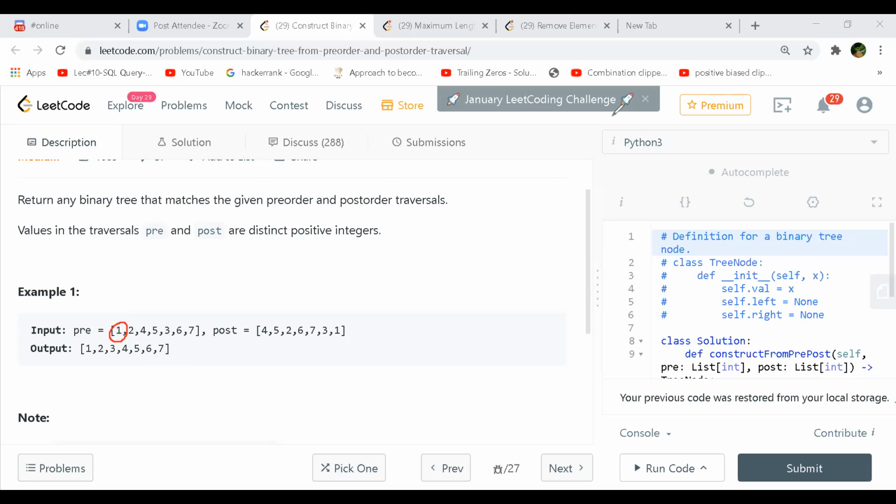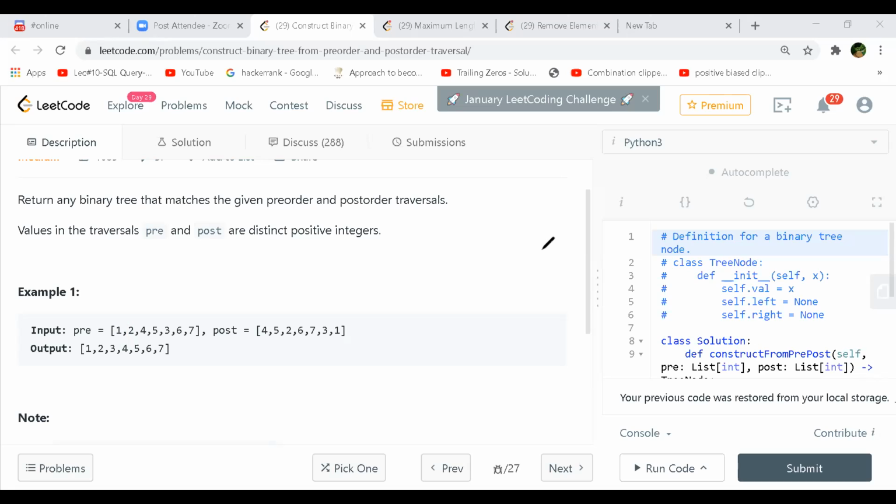Because see, we know with the pre-order the root starts at the very beginning, correct? But in post-order, the root will be at the end. So in this case, if you check the first one, the root is at the beginning in pre-order and at the end in post-order, correct? If you go to the root 2 in the pre-order, and look at the 2 in the post-order, it is not immediately second last.